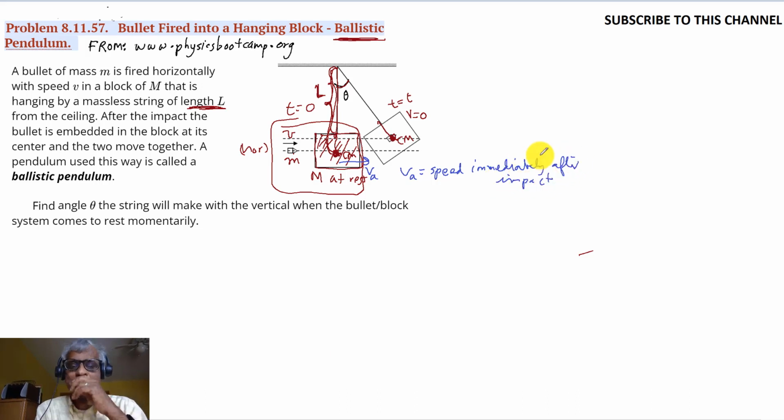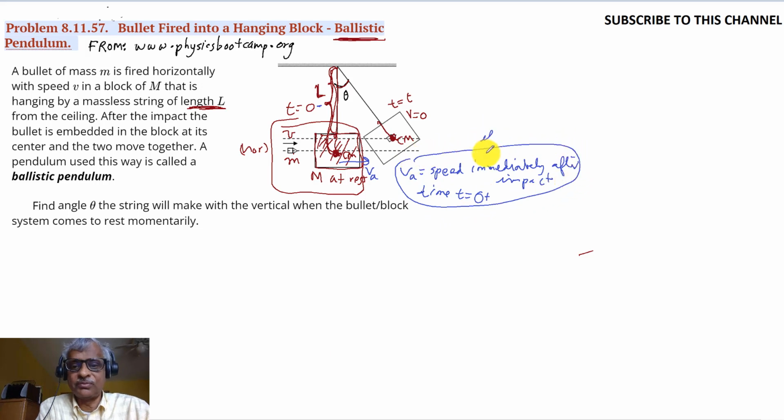Let's call it time t equal to 0 plus, and let's call this time 0 minus, before the impact, and this is after the impact. If we knew this, then you know from here to here,